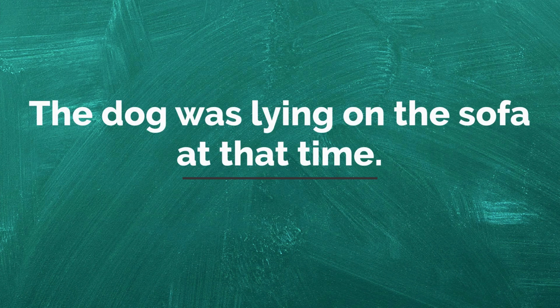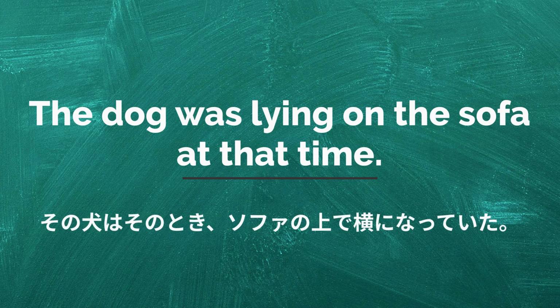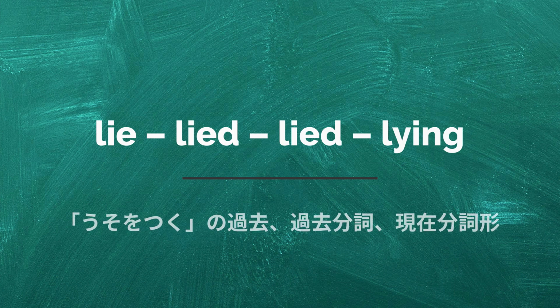The dog was lying on the sofa at that time. その犬はその時、ソファーの上で横になっていた。 Lie, lied, lied, lying. 嘘をつくの過去分詞、現在分詞形。